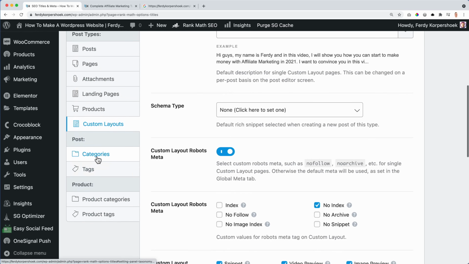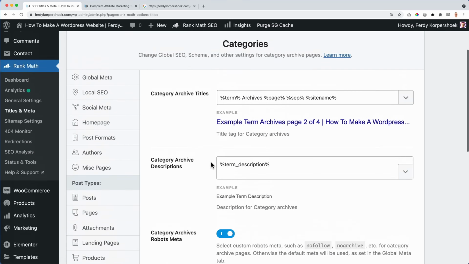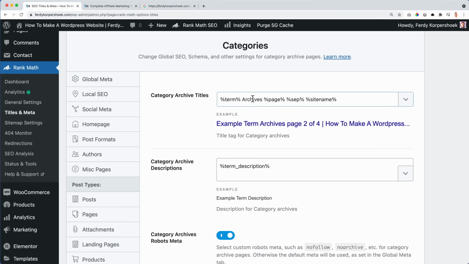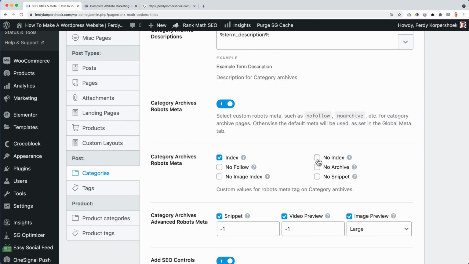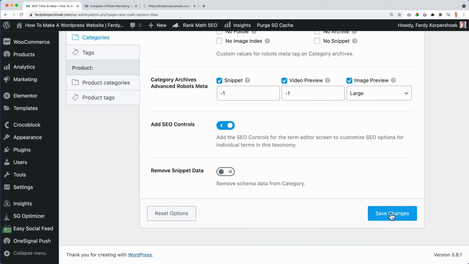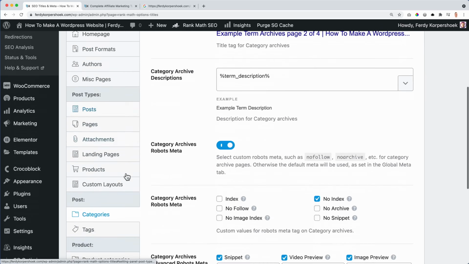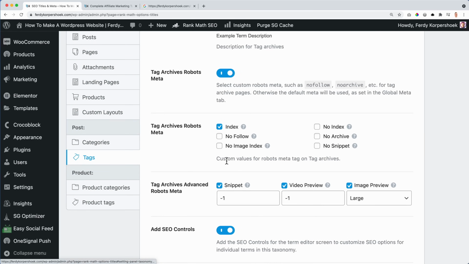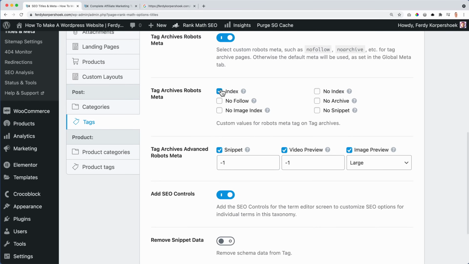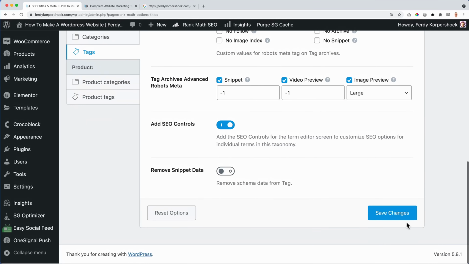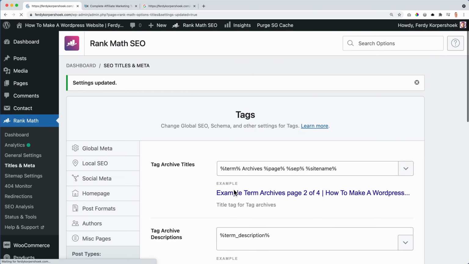Okay. Then the categories. I don't want to be found by my categories. So I put them on no index, so they will not be indexed. I want to be found on blog posts and pages, not on categories. So I do the same with tags. No index. So I also don't have to change that stuff over there. And then there's a trick you can apply.